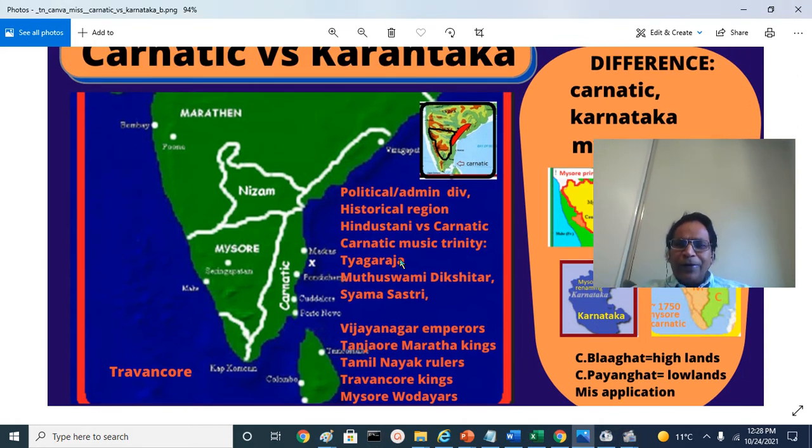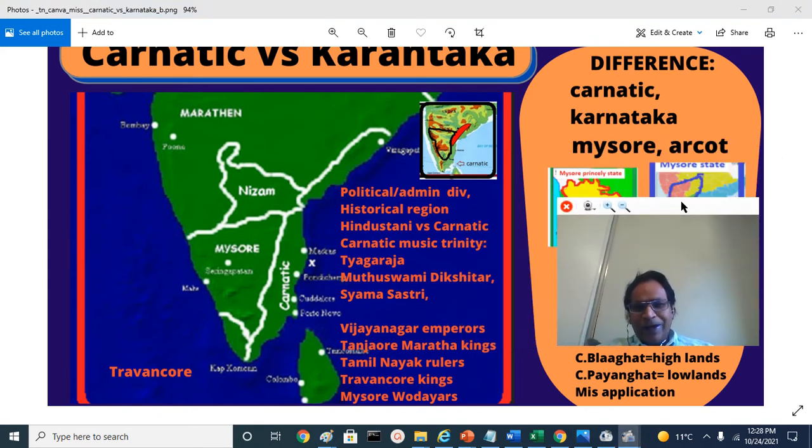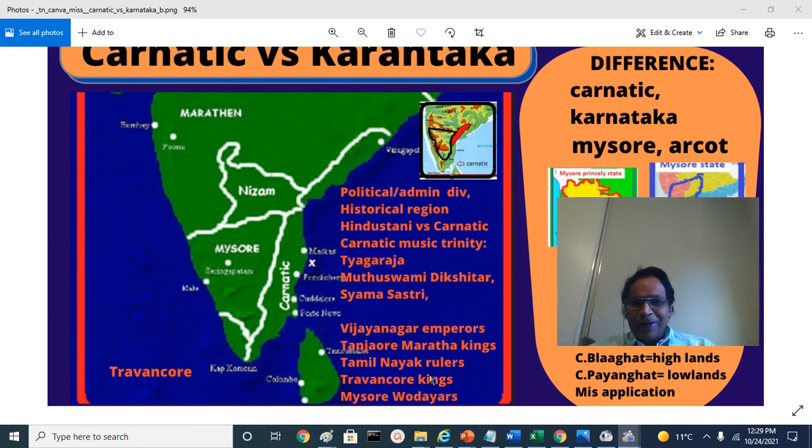So if you are a music lover, in the radio when I was a child, I was always listening to Hindustani music or Carnatic music. Most of the time when you say Carnatic music, the word sounds like the state of Karnataka, whose headquarters is Bangalore in the Bangalore Plateau. We are accustomed, we thought something related to that. But historically,